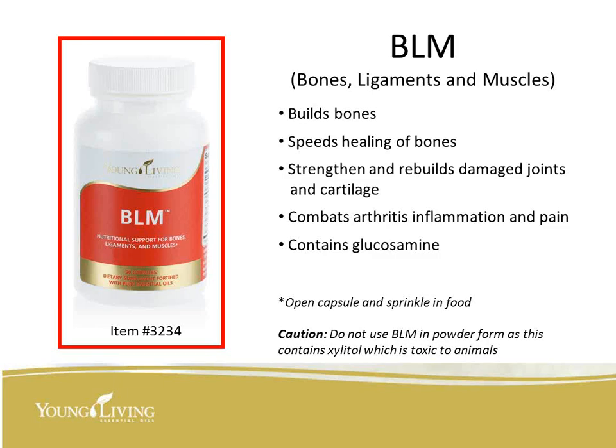Okay, this is BLM, bones, ligaments, and muscles. It builds bones, it speeds healing of bones, it strengthens and rebuilds damaged joints and cartilage. Now this is what I've been giving my little 11-year-old Sheltie. It seems like he might be getting arthritis, and I just want to make sure. And you know what? I believe that after I give it to him, like an hour afterwards...